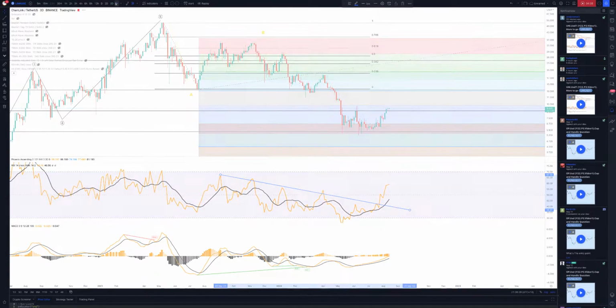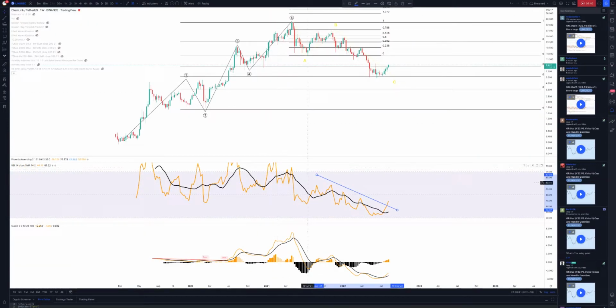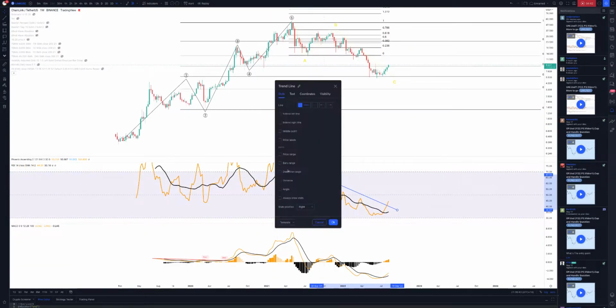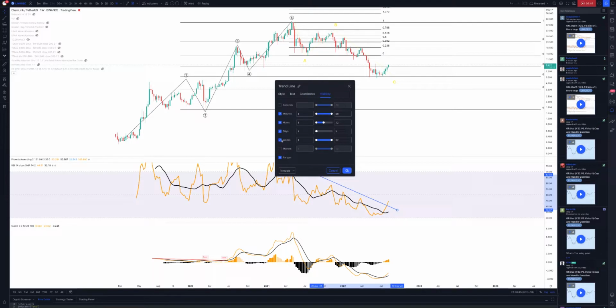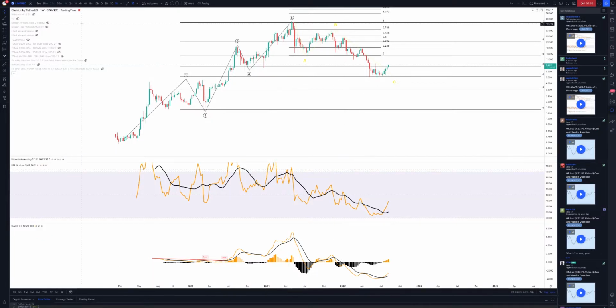Let's look at the weekly. Let's change this and make that 3-day. Cool. From a weekly perspective, yes, it looks like it's a bottom. You can hit the 50% and then come back down.